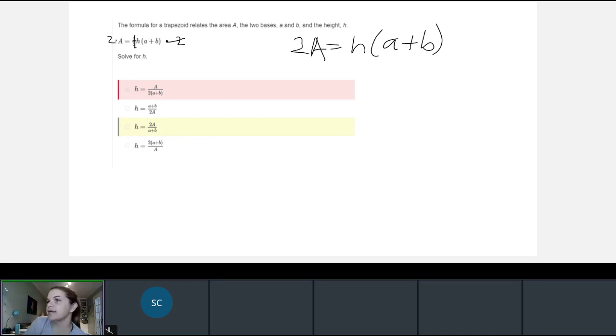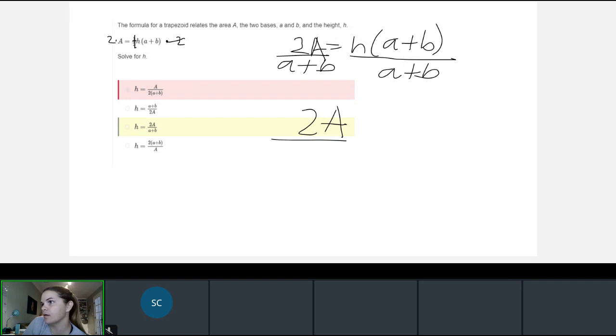So since this is h times this entire thing, we can go ahead and just divide, because the opposite of multiplication is to divide. So we can just divide by a plus b. We get 2A divided by (a plus b) equals h. Those were really good questions. It's like the literal equation